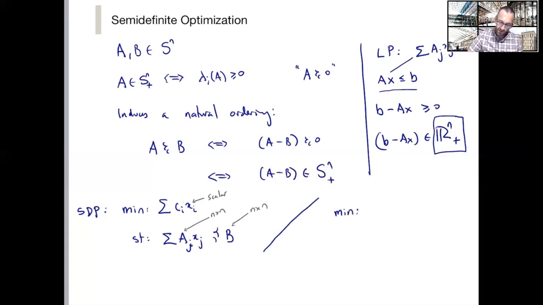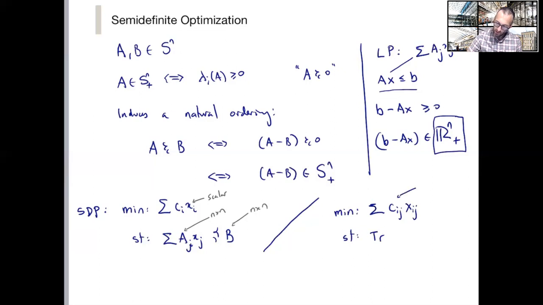One other way is minimize sum of C_ij X_ij. Again, just because there's a C, I'm just reusing the letter. I'm not saying that it's the same C. Just like on the previous page when we wrote down an LP and wrote it down in standard form. Subject to,